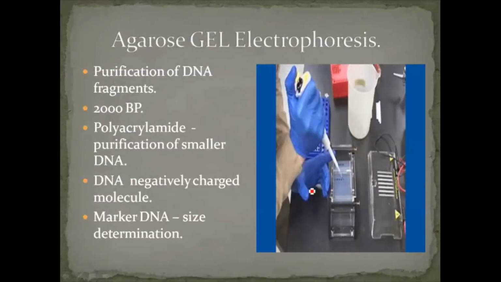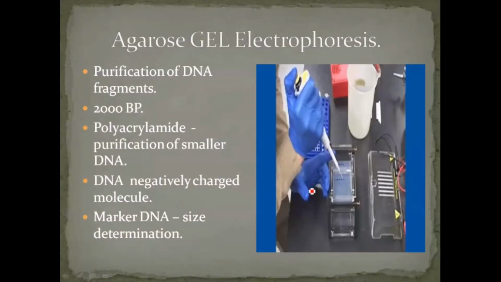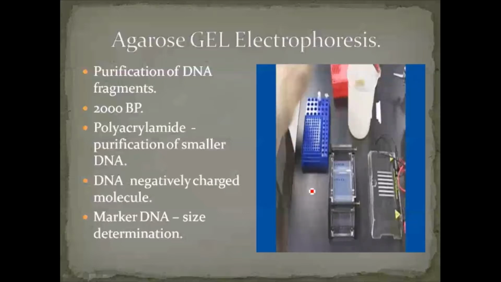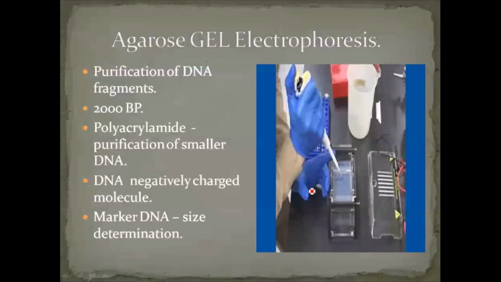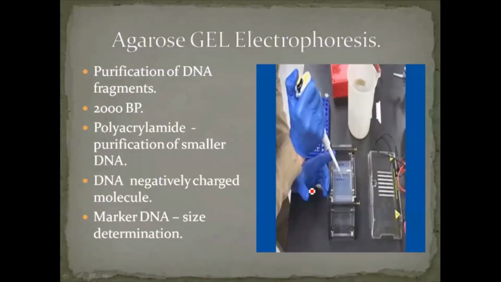With the help of the marker DNA, the position and size of the bands can be analyzed, and the analyzed DNA fragments are marked and graphed. That kind of graph we can use for our genetic research work. For that only we are using this electrophoresis technique. It is an instrument used for the purification of DNA. What size can be purified? DNA of 2000 base pairs can be purified with the help of this electrophoresis technique.